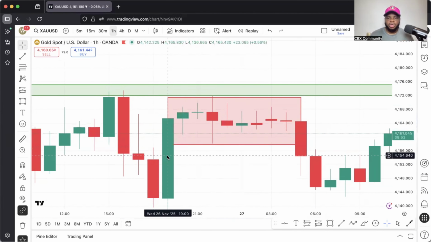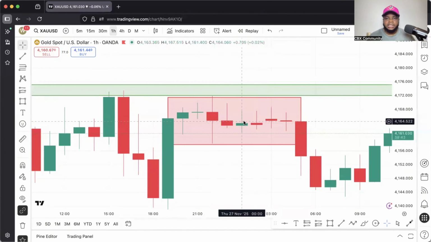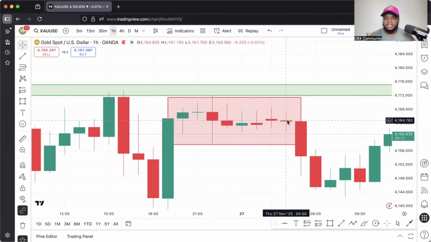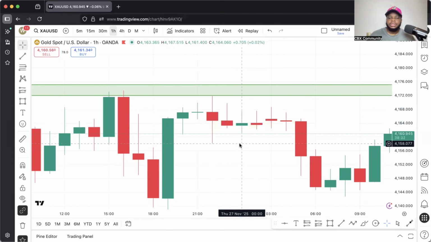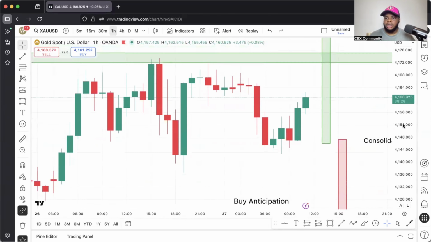We have a very strong move over here. This was yesterday. We have a very strong bullish candle that closed, but the rest of the candles are just printing side by side. The wick of the candle is bigger than the body, the wick of the candle is bigger than the body, the wicks are all bigger than the body. So it's very hard for us to trade this type of market condition. So looking at the 1 hour time frame,